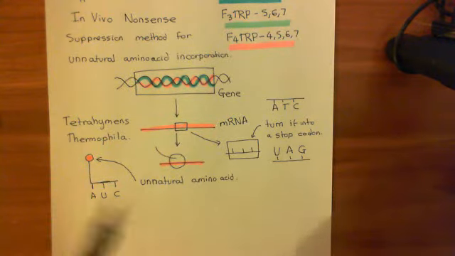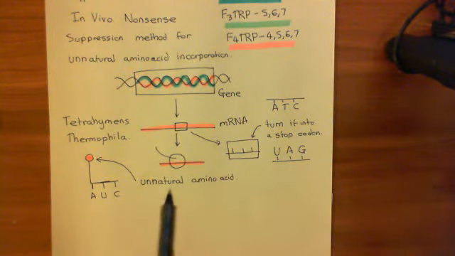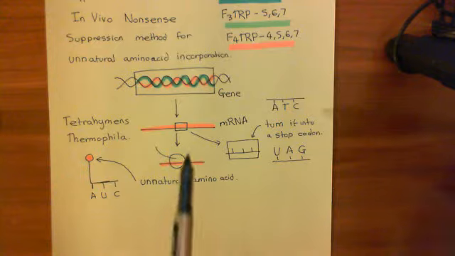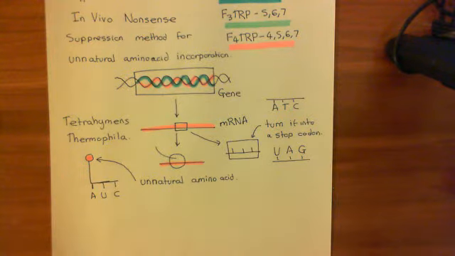Or what else can happen? If it doesn't use our new tRNA from Tetrahymena thermophila, which we've stuck our desired amino acid on the end of, what will happen? It will just read a stop codon and it will terminate. So either it doesn't make any protein at all, or it makes the protein that we have told it to make, basically. So this is a way of ensuring that you only now produce nicotinic acetylcholine receptor subunits which have this modified tryptophan in. So that's how we can produce nicotinic acetylcholine receptor subunits which have this modified tryptophan in